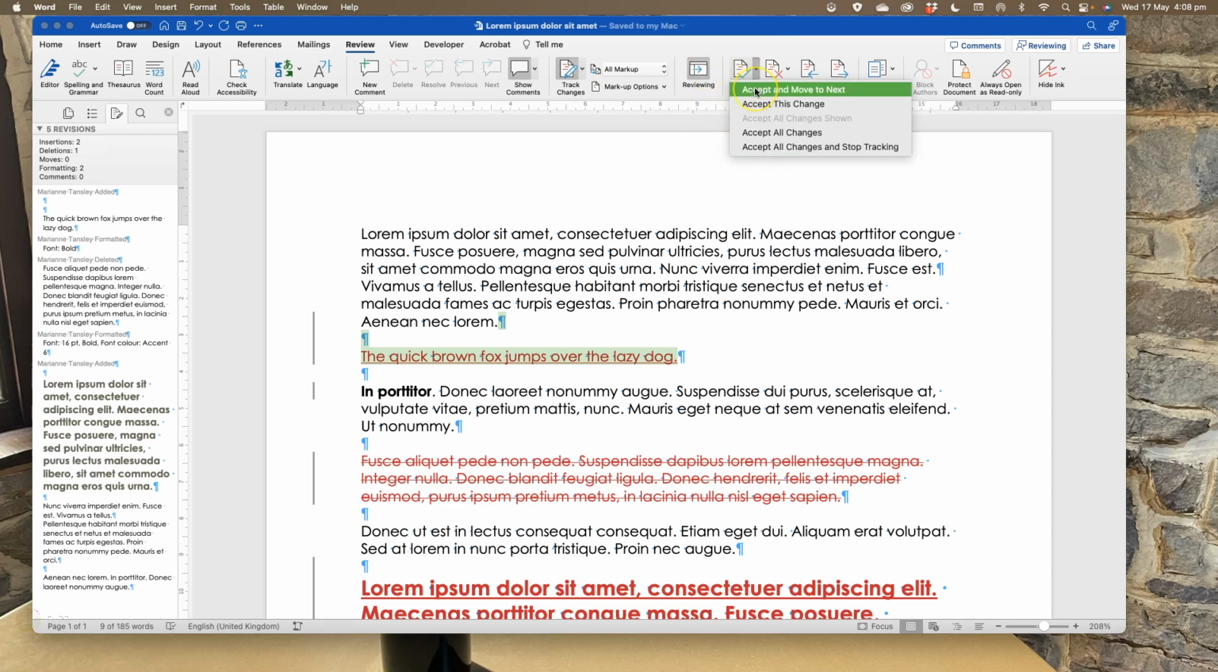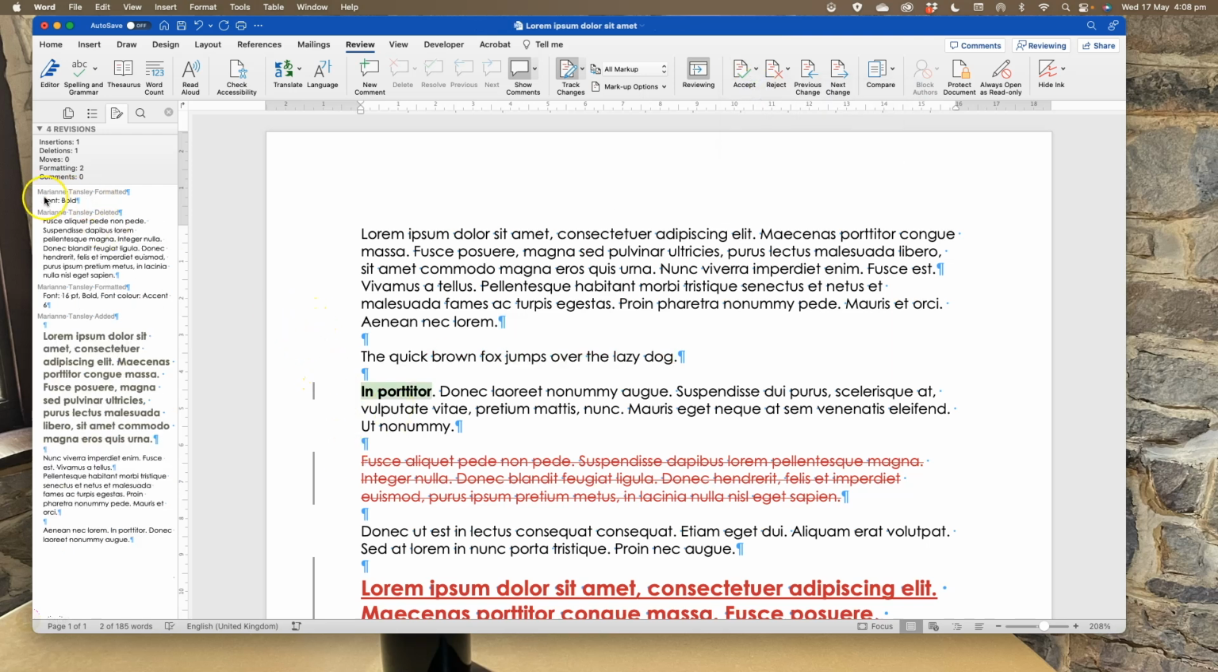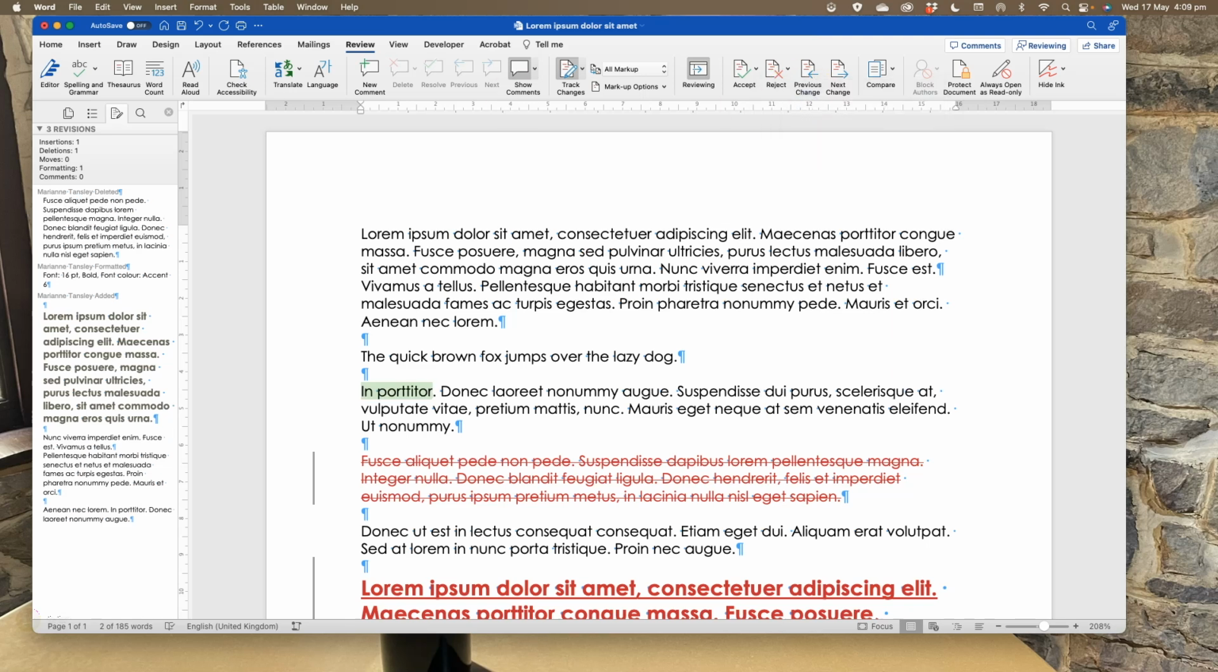So let's do accept and move to next. And you'll see what it's done is it's removed it from here. So it's no longer showing here because it's been integrated and accepted and now forms part of the main document. It's no longer requiring approval or rejection. I might look at this one and say, I don't want this. I want it to be normal text, so I can reject it. And again, I can do this just like this, and it's removed it from my revision list